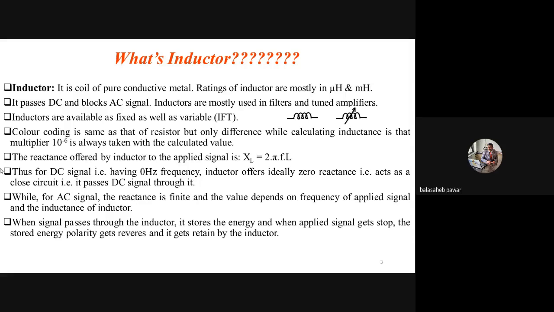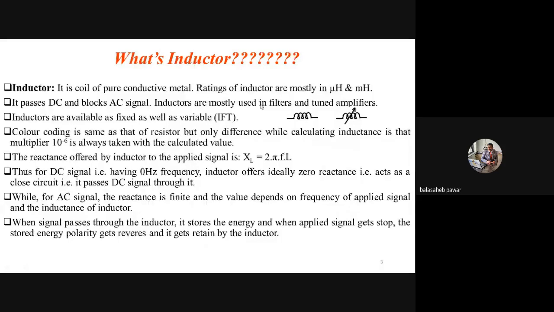Remember, an inductor is simply nothing but a coil which is wound on insulating materials, right? It may be something like plastic bobbins, or it may be an air core inductor. No media is there within that coil. So the coil is wound, or that inductor may be available with some non-conductive material, or we can say the air core inductor. Ratings of that inductor are mostly in microhenry or millihenry.